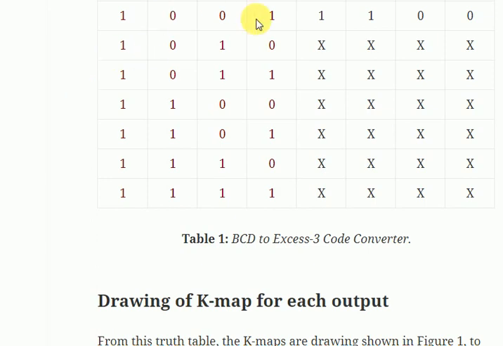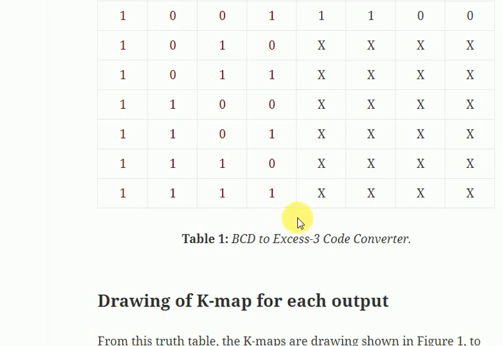That's why we say these combinations are invalid for BCD, but from 0 to 9 we have the valid combinations for BCD. So the outputs from 0 to 9 decimal are the valid combinations, and from 10 to 15 we have the invalid combinations.